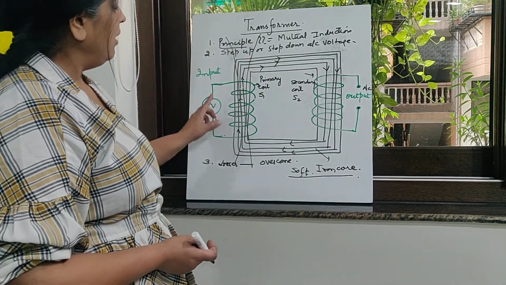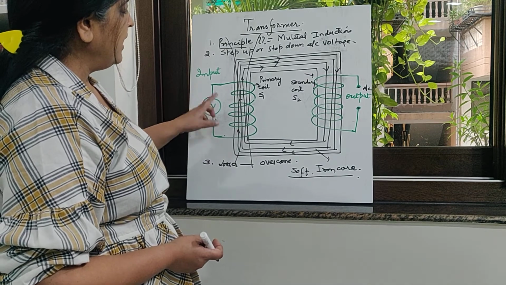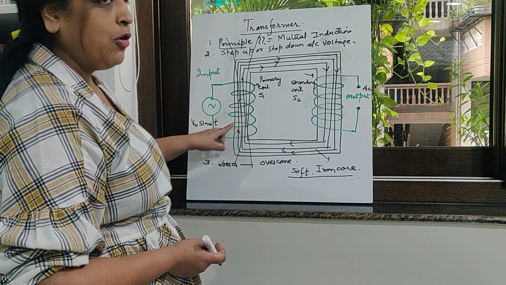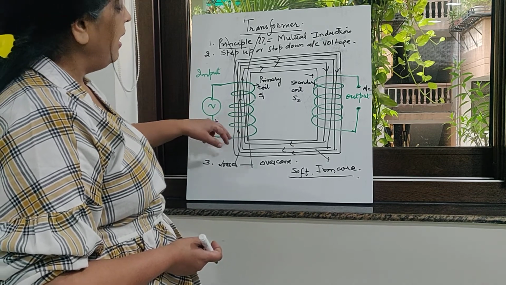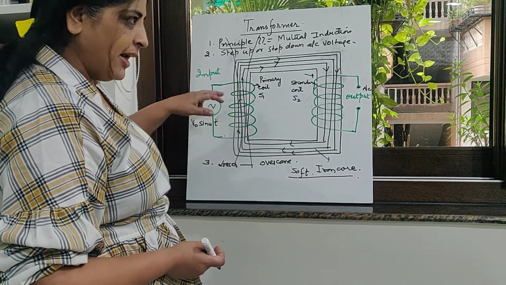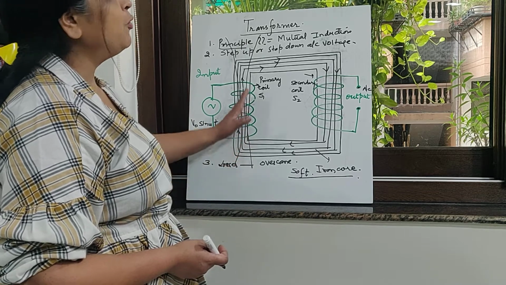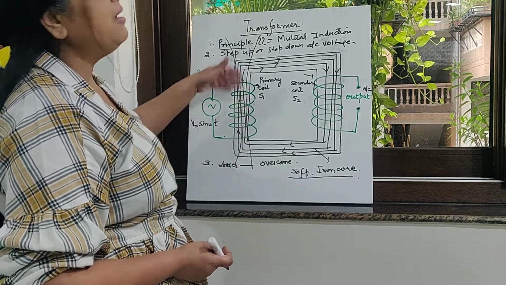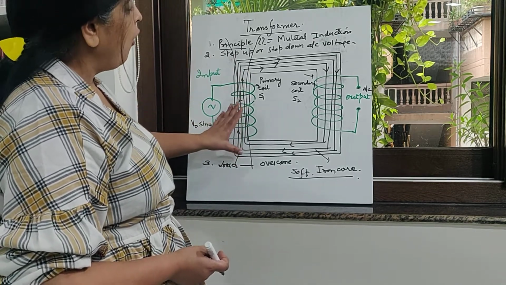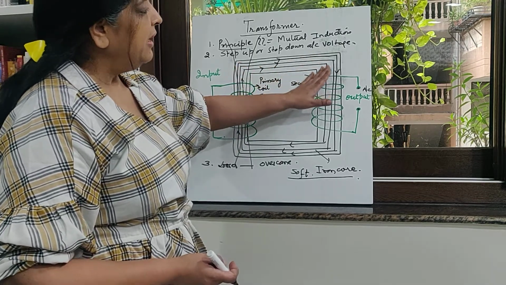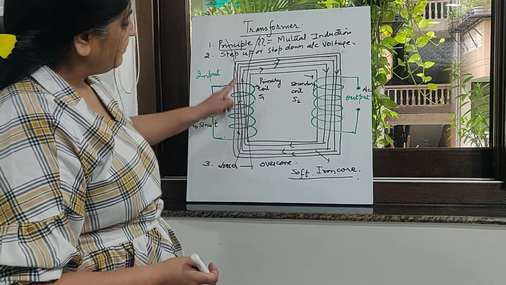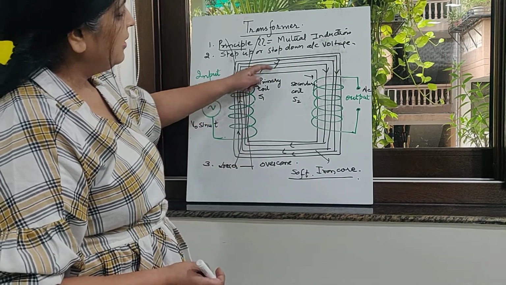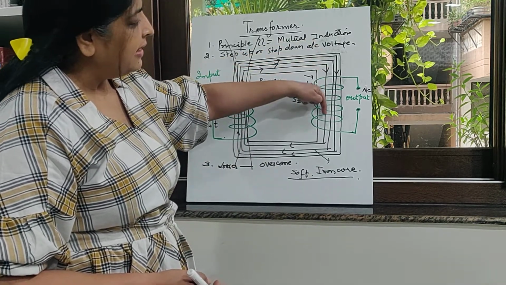I've already told you that when the voltage will increase, the current in the primary coil will be produced in such a direction to oppose that cause by Lenz's law, and because of that direction of current, the magnetic field will be produced. Since the current is varying, magnetic flux will also vary. All the flux lines will be linked with the secondary coil because of the iron core, and this is in this direction. The magnetic field lines here are in this direction.